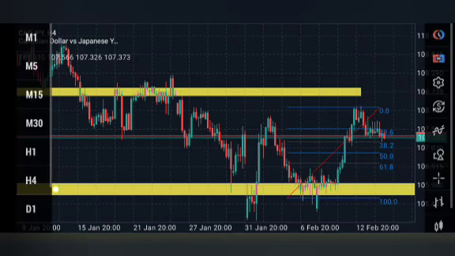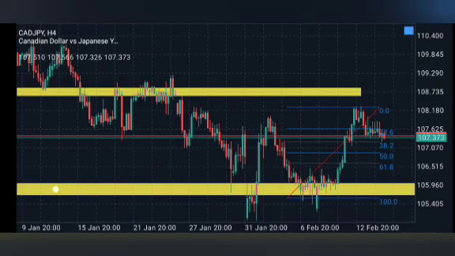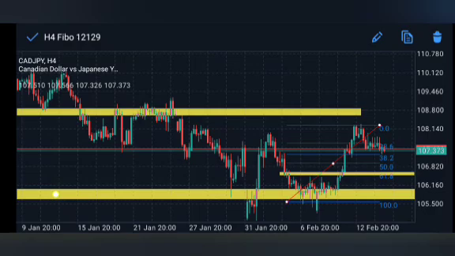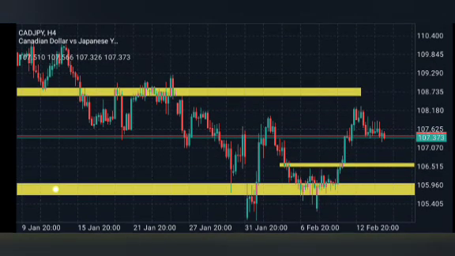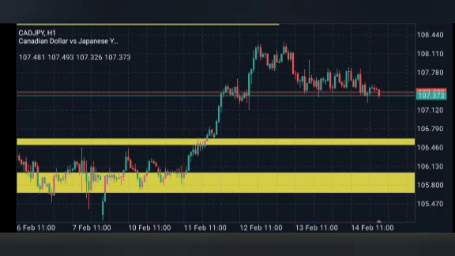So which is this zone here? Let me mark it out. That would be a target if I were to take the sell trade. That would be our target. So this zone that I've mapped out is it. So if we see an opportunity to sell the market on the lower time frame,